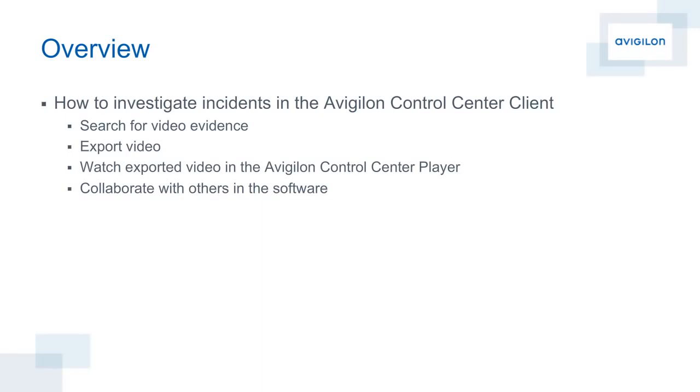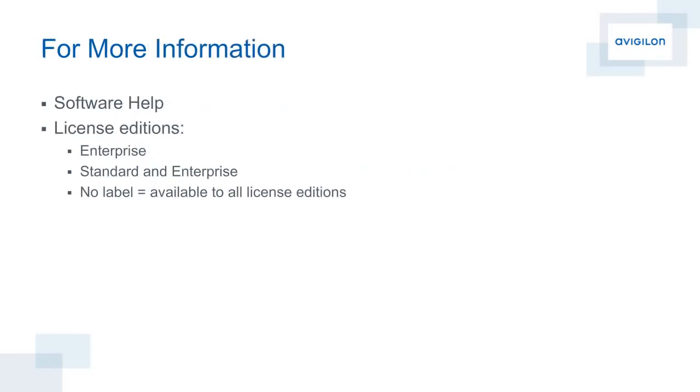We will talk about how to search for specific events in recorded video, how to export video and images for others to review, how to watch exported video in the player software, and how to collaborate with other users through the client software. For more information about any of the topics discussed in this module, see the help files included